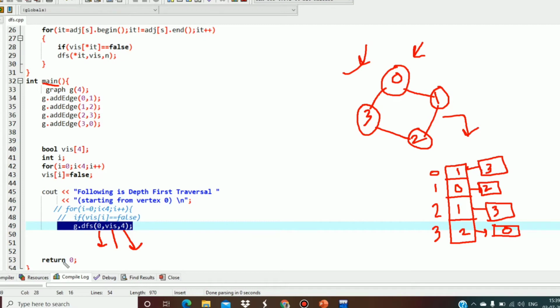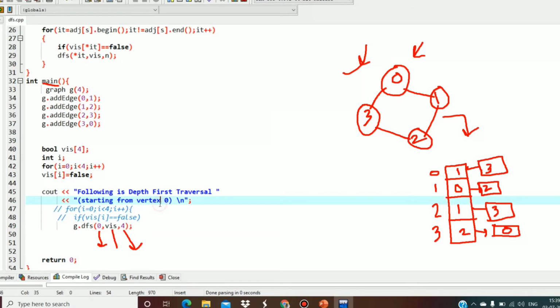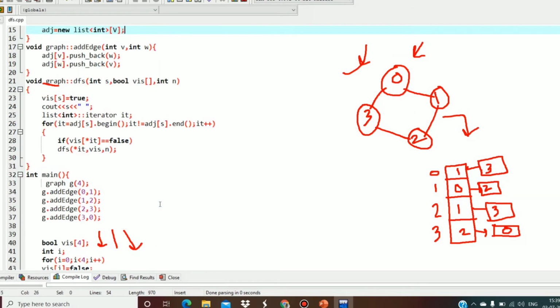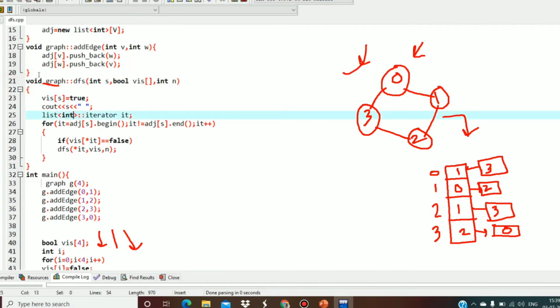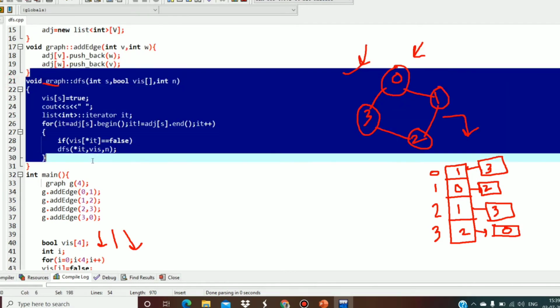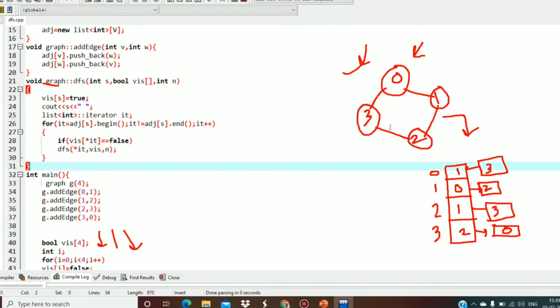Now we'll go to our recursive DFS function. This is the main recursive DFS code, and it is very simple. As we are passing the value using call by value, int s initially will be 0.